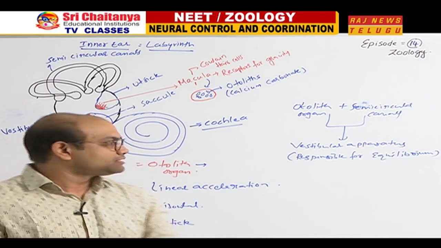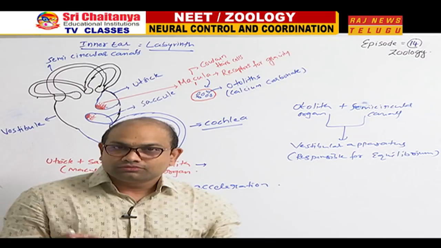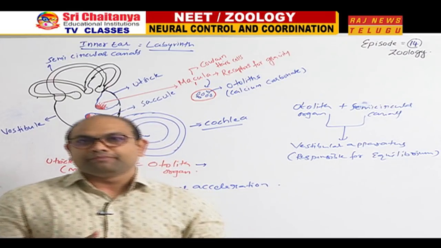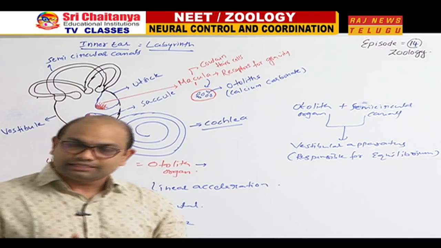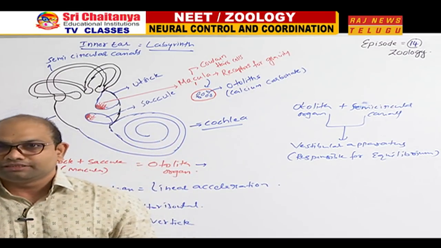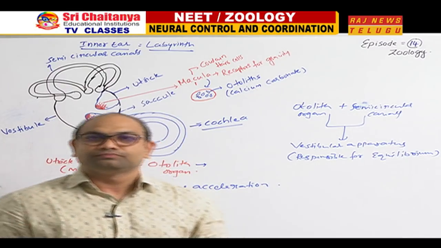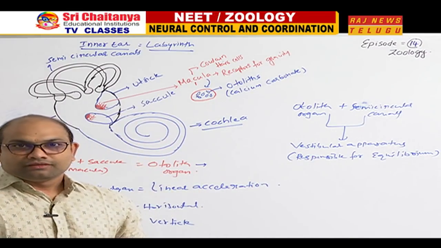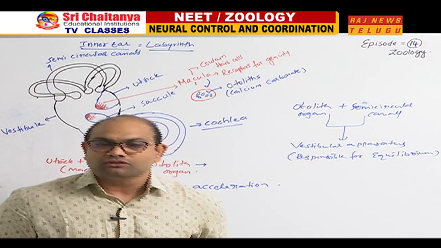And from the base of all these parts of the vestibular apparatus, the nerve endings together form a nerve that goes to the cerebellum, which is part of the hindbrain. You know, I told you the cerebellum can integrate the impulses received by the semicircular canals. Yes, the signals from the vestibular apparatus go to the cerebellum with the help of a branch of the auditory nerve known as the vestibular nerve. So, that nerve is related to equilibrium. Utricle, saccule and semicircular canals are all related to equilibrium.